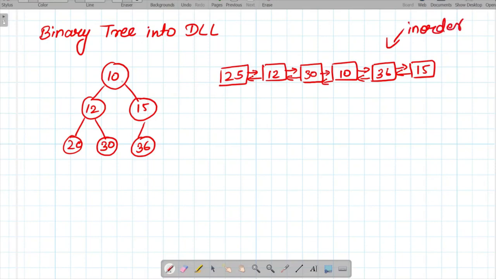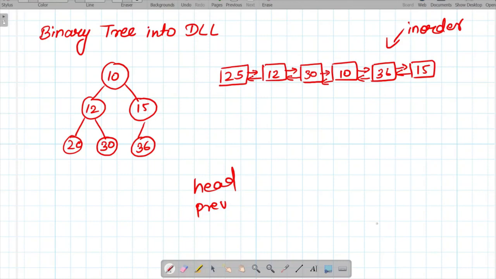So basically, first of all, we will take some pointers, because we know that in a linked list we have some pointers, head and previous, so that we can iterate over different nodes of a given binary tree and we can construct a doubly linked list.